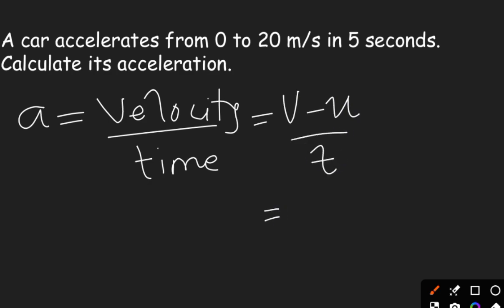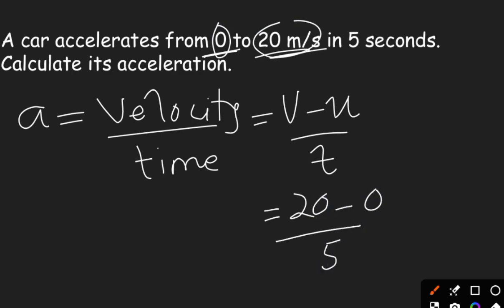So let's just start with this question. A car accelerates from 0 to 20 meters per second. Now, for this question, the initial is 0, final is 20. So 20, which is the final minus 0, over 5. 20 minus 0 gives us 20 over 5. So before we look at the final answer, which we know is going to be 4, let's break down how